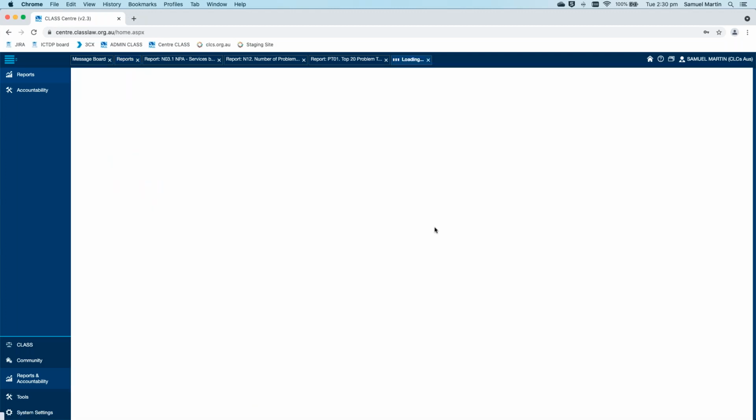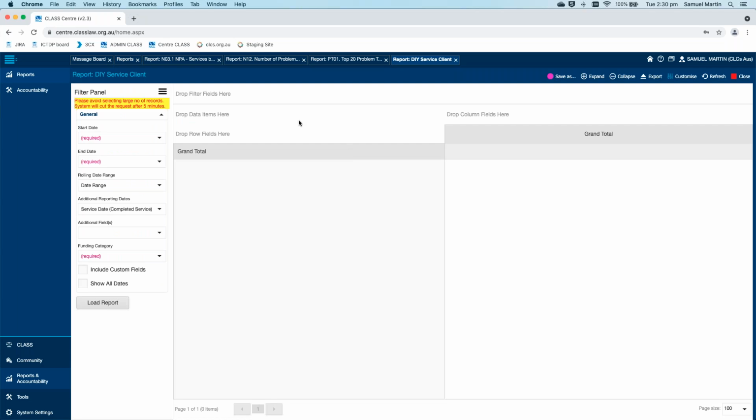Okay. All right, so when you do open this report, we get these things up here, and we've got drop filter fields here, drop data items, row fields, and then column fields. I'll give you a quick explanation as for what they all are. I'll start with the data items, drop data items. There's only two fields you can drop in there, number of clients and number of services. That will change a little bit for the different DIY reports, but there's very few fields you can drop into